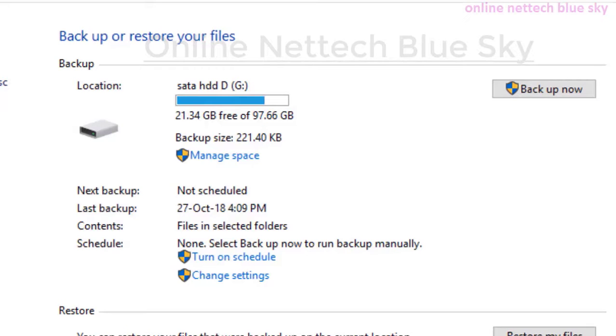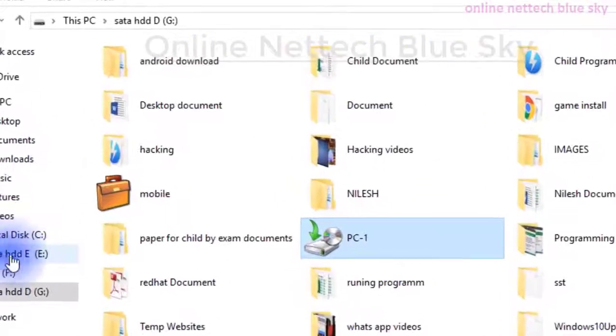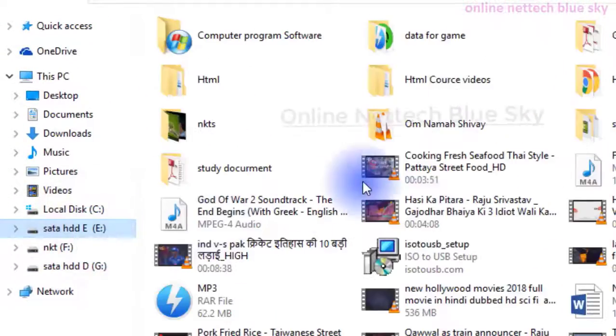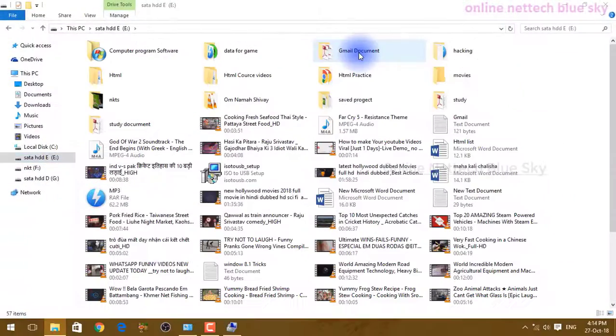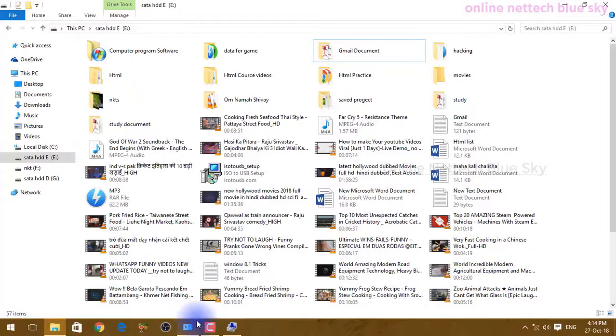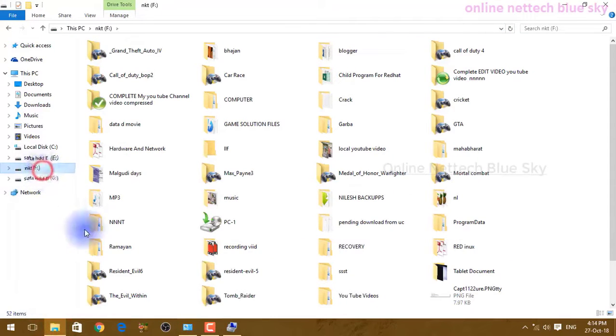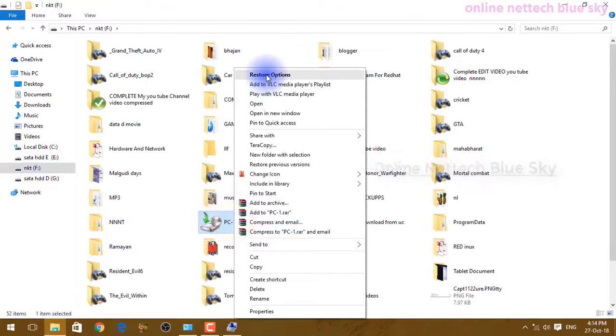I'm showing that if you have a lot of GB, like 25 GB, taking a backup takes more time, and restoring also takes more time. And why give minimal space? Because I have no more space on my partitions here, so I already took a backup of my original files, you can see here, and these original files are stored on another partition by Windows backup. This is my NTFS partition, you can see.